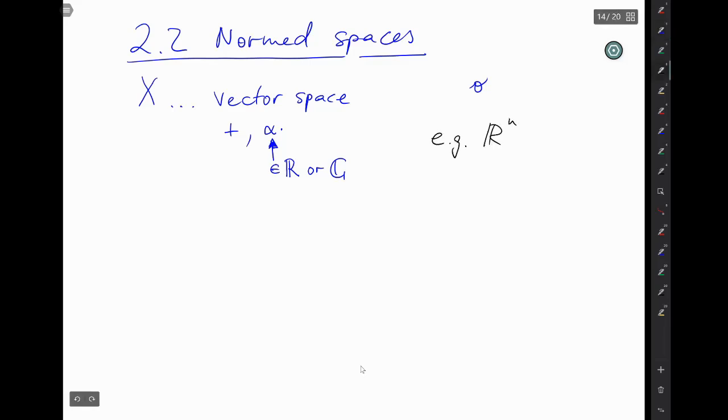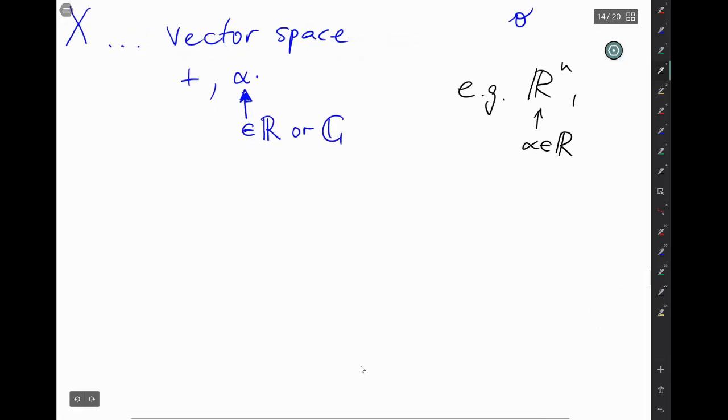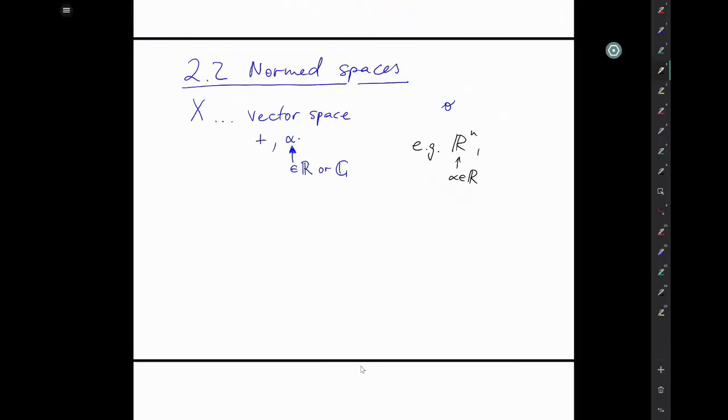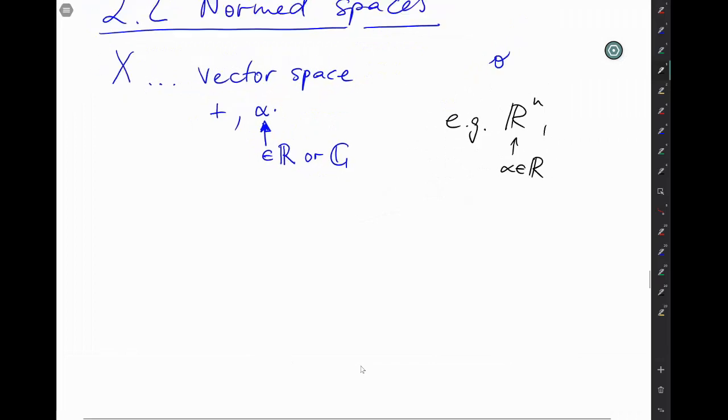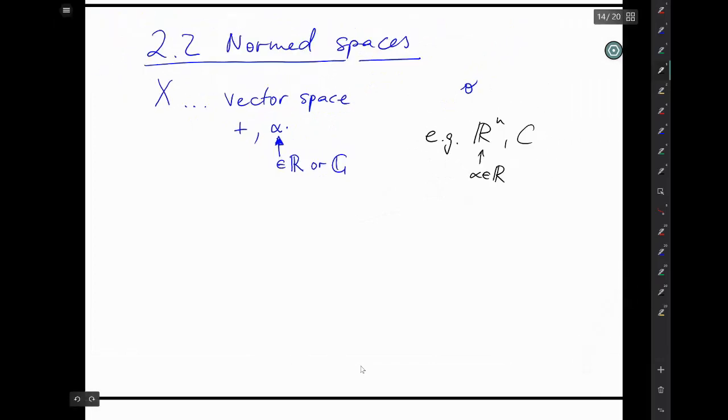R to the n would be a vector space over the real numbers. So the little alpha would have to come from R. Or C to the n. In this case, the little alphas come from the complex numbers. What else? Well, you could have